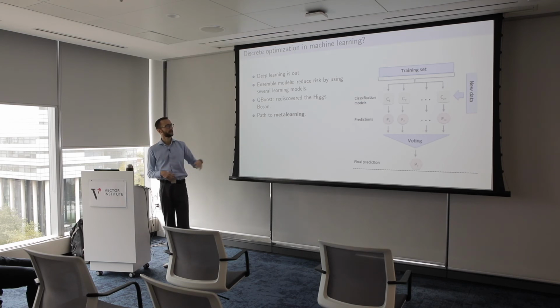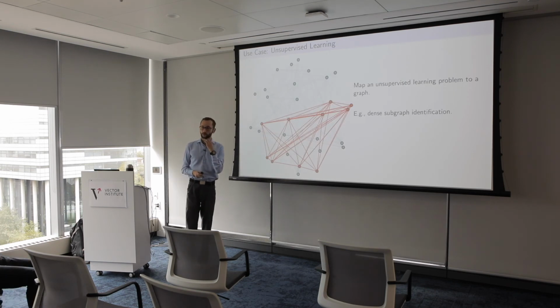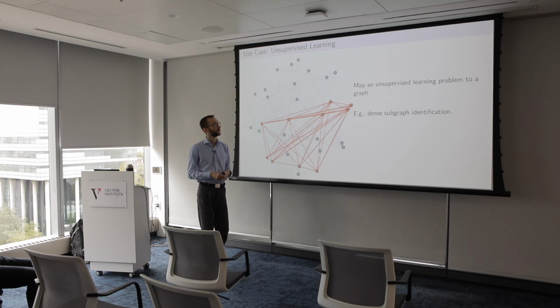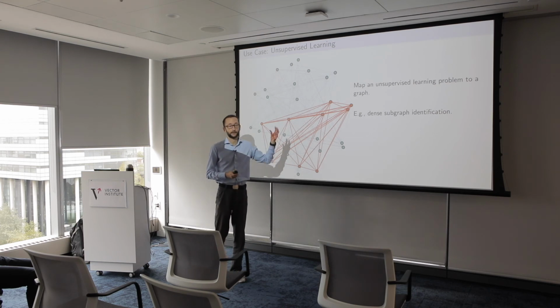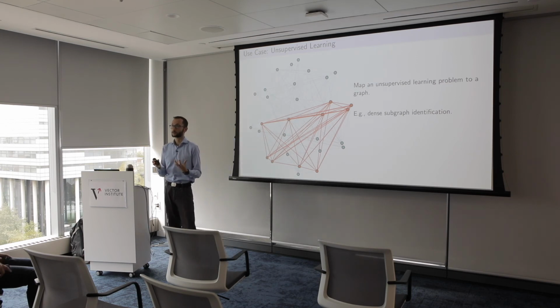And there's a lot more here. So you guys know a lot more about meta learning. There are also similar ideas floating around. Then another bigger area is unsupervised learning. So as long as you can map your unsupervised learning to some kind of a graph problem, that's a win, because that's something that you can probably map to some optimization and solve in a quantum computer. Like one idea is dense subgraph identification, which you can use for some kind of a clustering algorithm. Okay, so that's all about optimization.